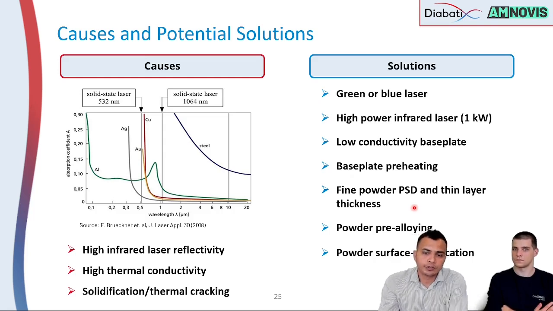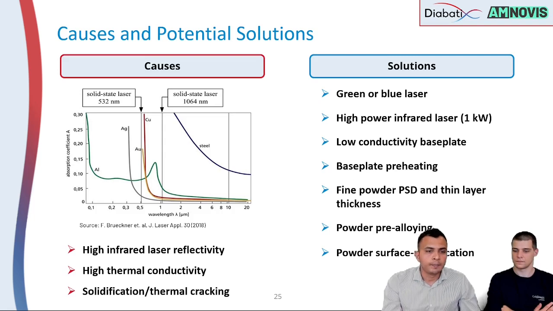And the last approach is related to powder surface modification. The idea here is that you coat copper powder with a very thin layer of alloying elements in a way that the thin layer absorbs the laser light, and that's where the laser energy is converted into heat, and the rest, copper likes heat, so copper would just absorb and melt